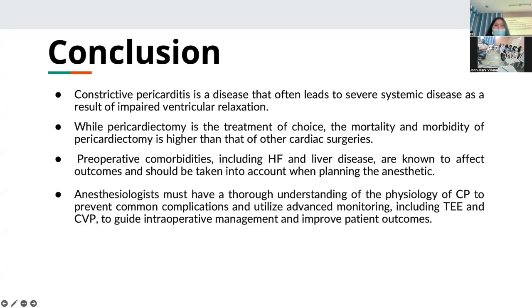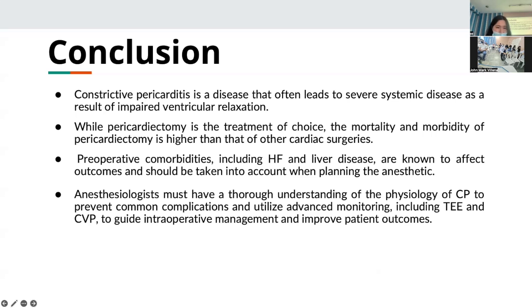Okay. In conclusion, constrictive pericarditis is a disease that often leads to severe systemic disease as a result of impaired ventricular relaxation. And while pericardiectomy is the treatment of choice, the mortality and morbidity of pericardiectomy is higher than that of other cardiac surgeries. Preoperative comorbidities, including heart failure and liver diseases, are known to affect outcomes and should be taken into account